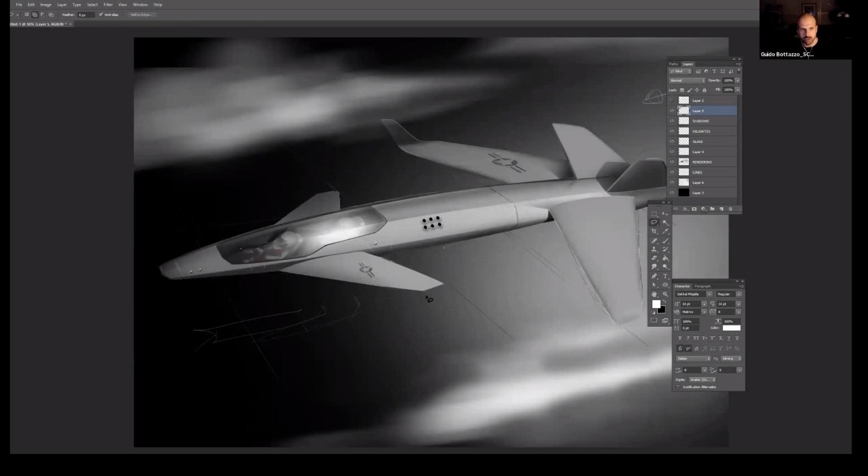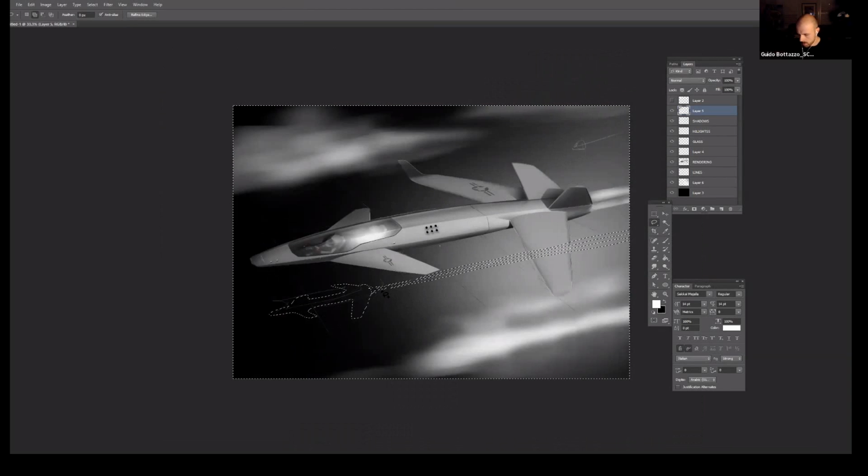And if the object is flying, remember, I can always do inverse, Shift F6 to 5